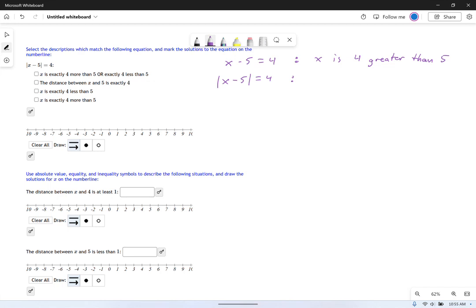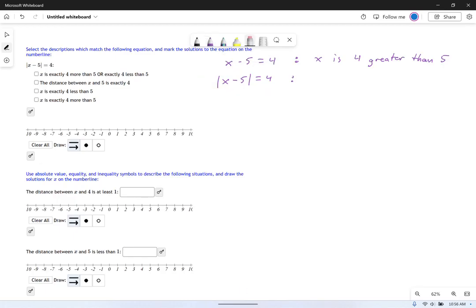It can be a useful exercise to look at absolute value equations or inequalities and try to phrase them in English words to describe what the equation is saying. So I've given you an example here, this first one that I'm looking at, where I say x minus 5 equals 4. Now what that means is that x is 4 greater than the number 5. Okay? That's different from the equation directly below it, where I use an absolute value symbol.